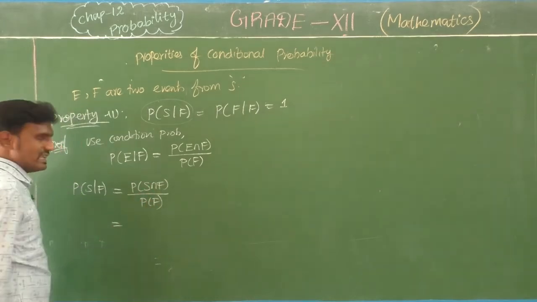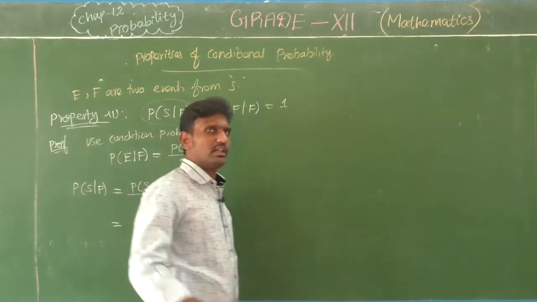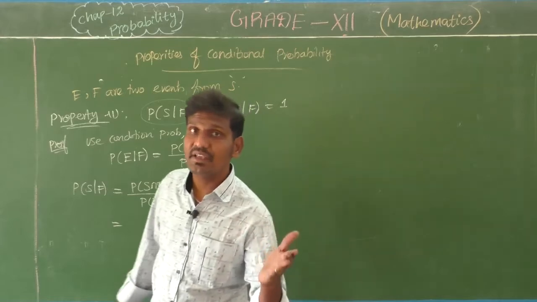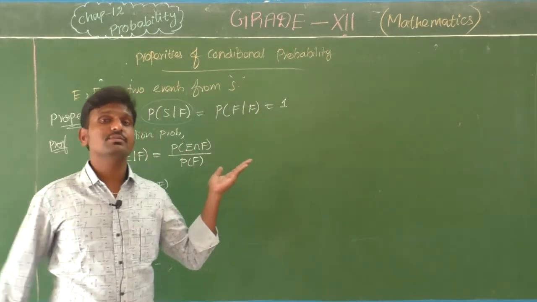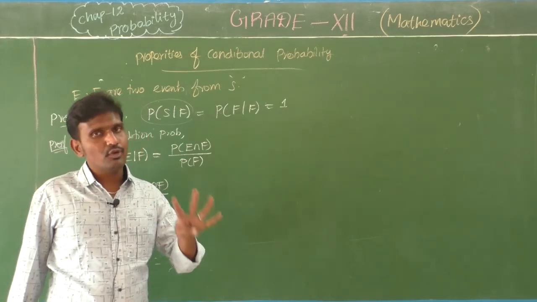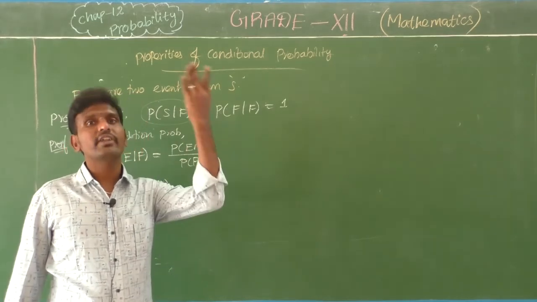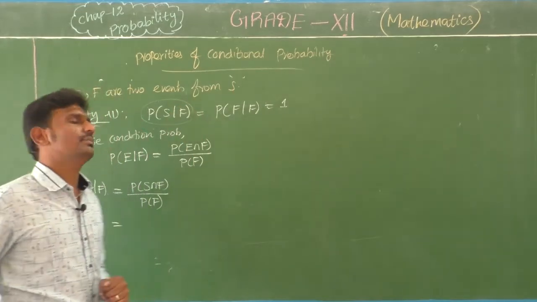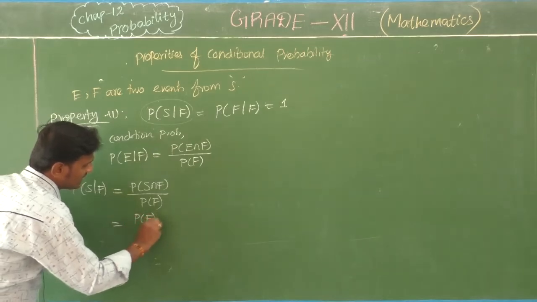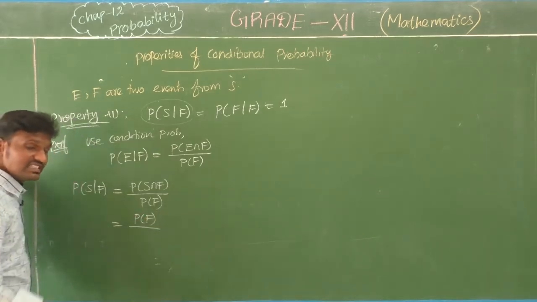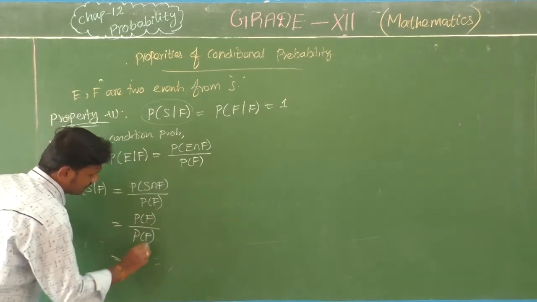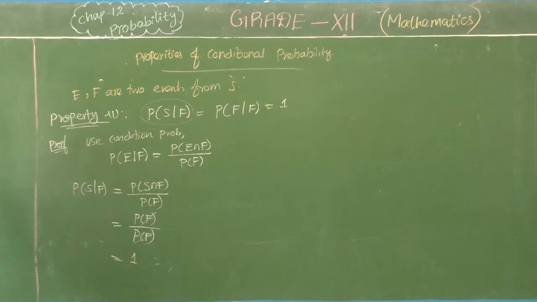ஓகே ஸோ S னா சாம்பிள் ஸ்பேஸ், F னா நம்ம எடுத்துக்கிற ஏதாவது ஒரு ஈவெண்ட். இப்போ ரெண்டுக்குமே இன்டர்செக்ஷன் காமனாக என்ன இருக்கும்? F தான் இருக்கும். சாம்பிள் ஸ்பேஸ்ங்கும் போது, ஃபார் எக்ஸாம்பிள் இந்த ப்ரீவியஸ் சம்லயும் சாம்பிள் ஸ்பேஸ் 8 கிடச்சிது, அண்ட் P of E வந்து 4 கிடச்சிது, அந்த 4மே சாம்பிள் ஸ்பேஸ்லேருந்து தான் எடுத்தோம். ஸோ P of S intersection F அப்படிங்கும்போது வி ஆர் டேக்கிங் P of F ஒன்லி, பிகாஸ் சாம்பிள் ஸ்பேஸ் தான். Divided by P of F. So here on both sides it is the same, so we are going to cancel to get the answer like this.